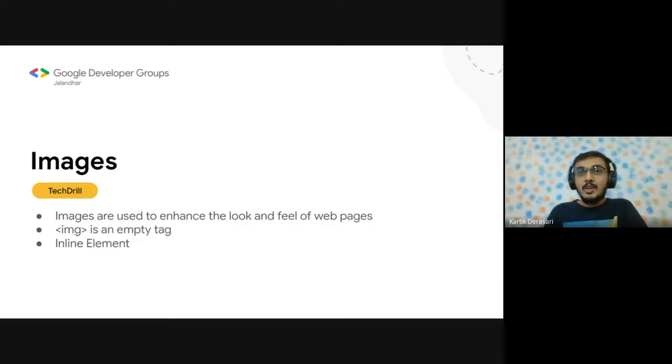We also saw the BR tag, which was an empty element, and the image tag is an empty element too. So here we just need to write img and pass on attributes, but it does not have an ending tag. Also, as mentioned, it is an inline element, so anything can be placed beside an image.